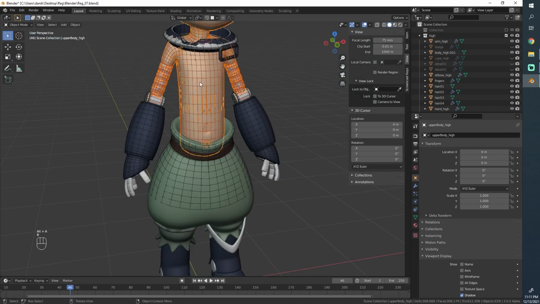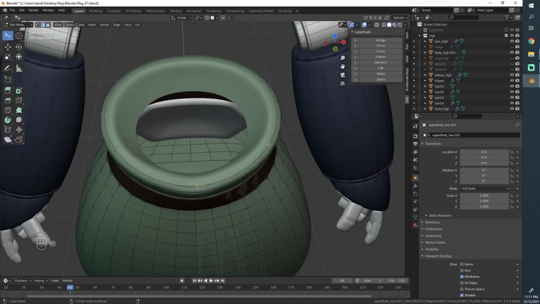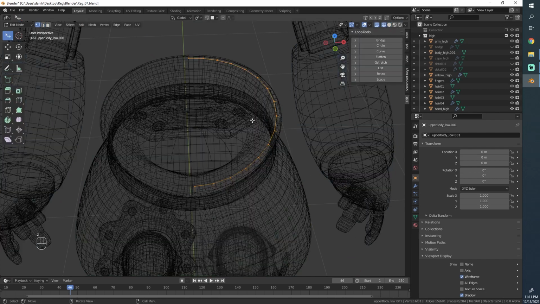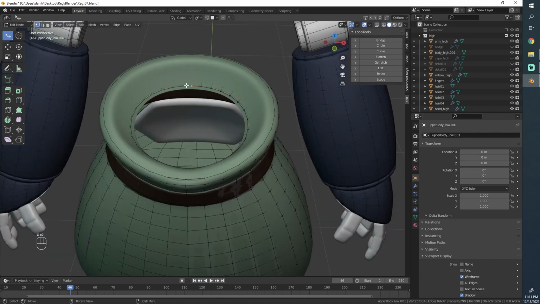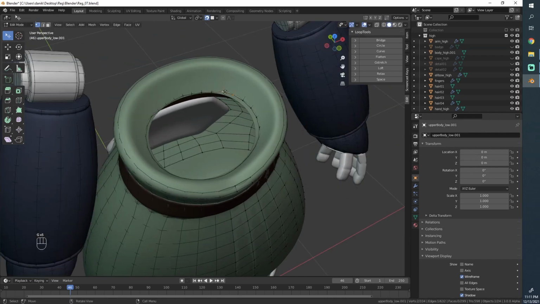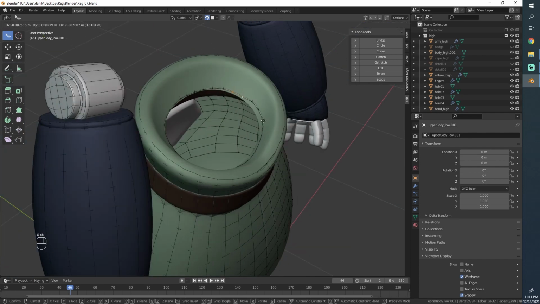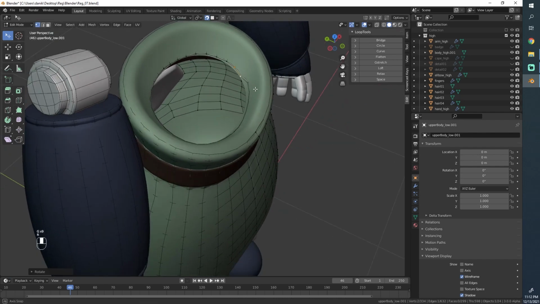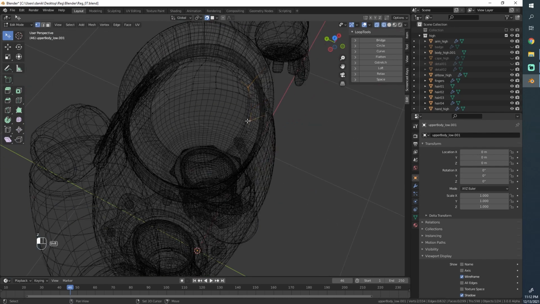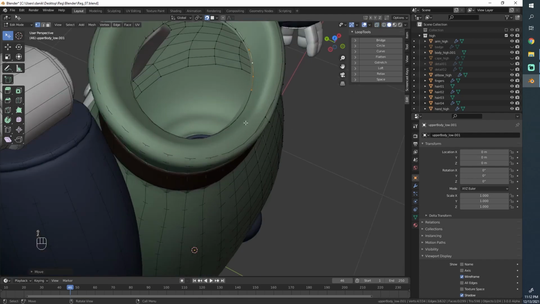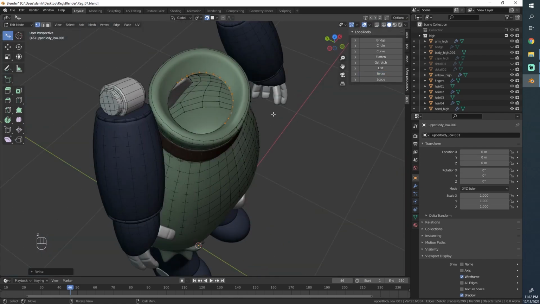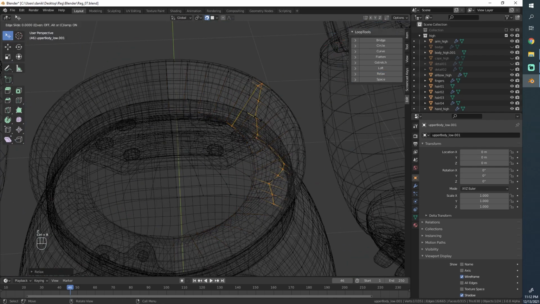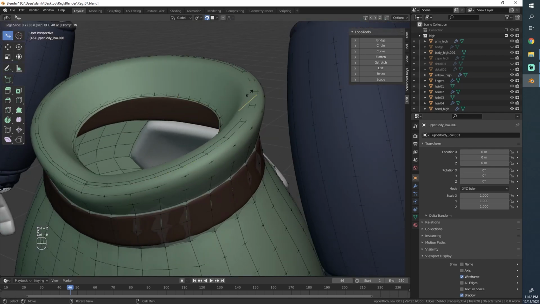I think we'll hide the body for a second because it's in the way, and we just finish this upper part by extruding a bit more. It's a bit annoying how you always have to realign it to the center line. And we'll just go all the way to there so that the upper body can nicely intersect with this section so that we don't see any empty spots. Something like this should do. And as always, after you have it roughly in place, just relax the line a little bit, and then we add some loop cuts.